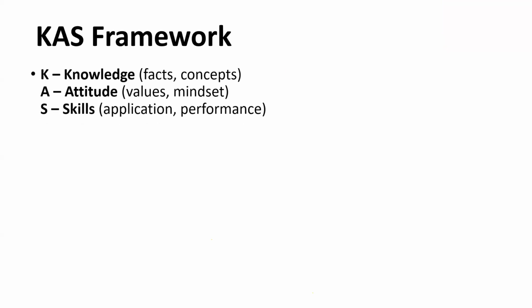What is knowledge? Knowing the concept, knowing the facts, whatever is taught in the class. Attitude is values. For example, today I'm learning a concept about the environment. The value is showing responsibility towards the environment, or not throwing plastic covers here and there. That kind of attitude is a value the child has gained because of your classroom. So that is the attitude, the responsibility. Then the skill is application, performance. For example, applying their knowledge to solve some problem, that is application.